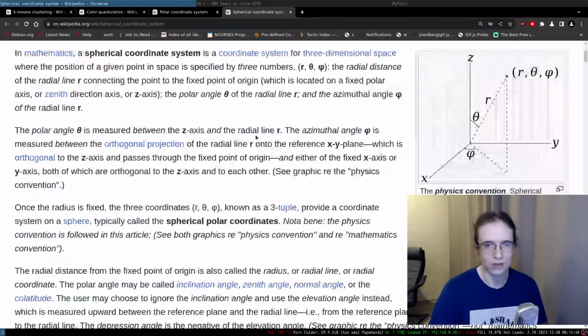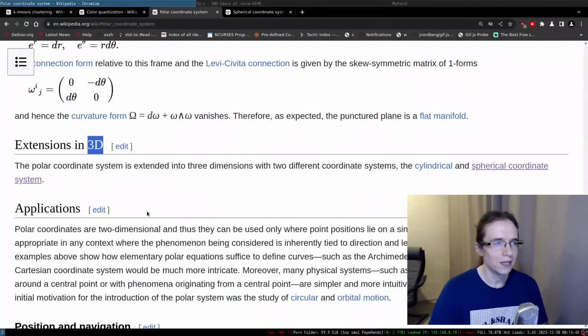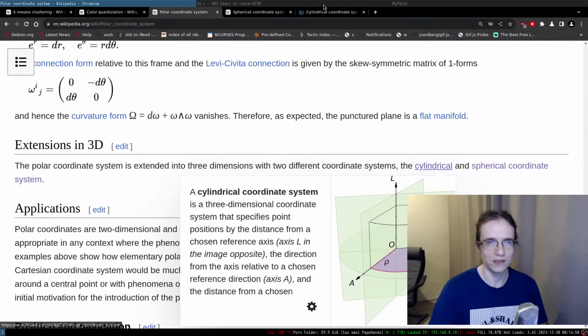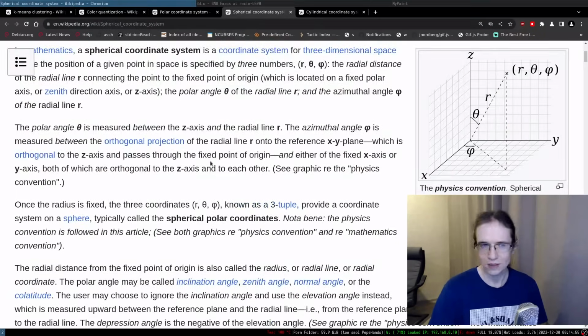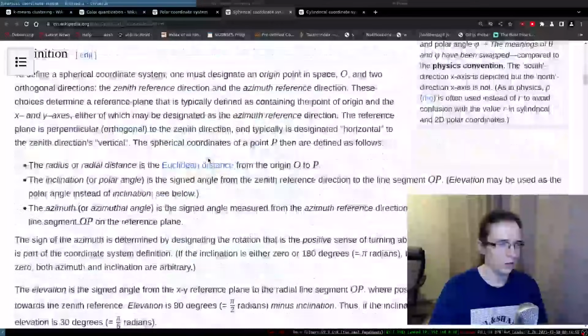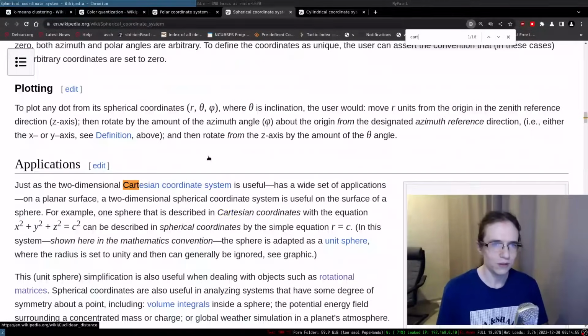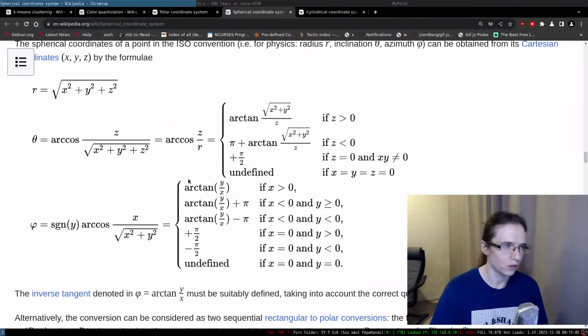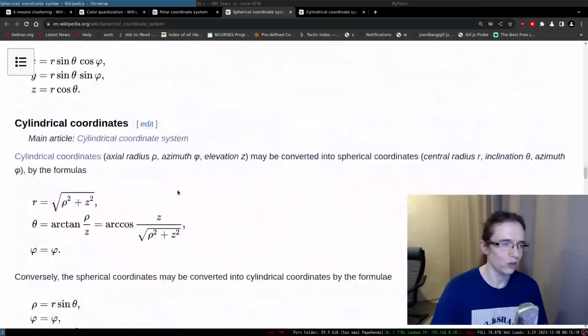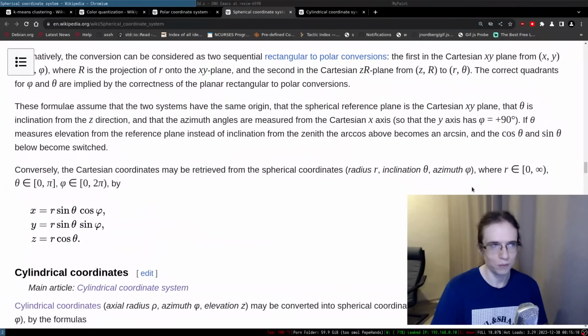It's a spherical coordinate system, because polar coordinates in 3D have two flavors, right? Cylindrical ones and spherical ones. So I suppose in here we want spherical ones, and we want to be able to convert them to the Cartesian coordinate system. Right, so is there any sort of conversion? Okay, so this is a conversion from Cartesian to this thing, but from spherical ones to Cartesian is actually super